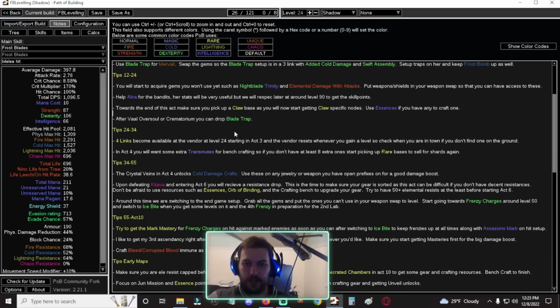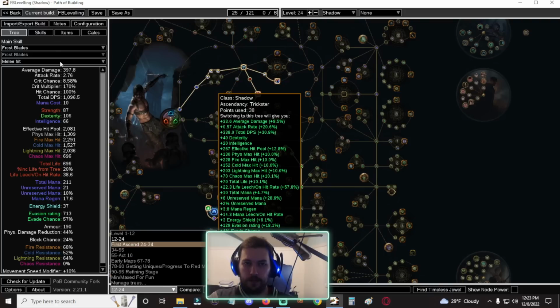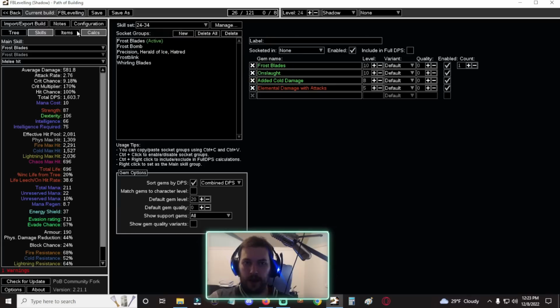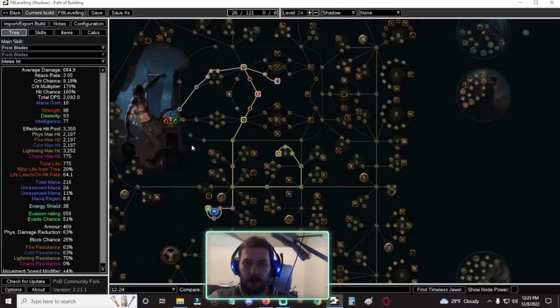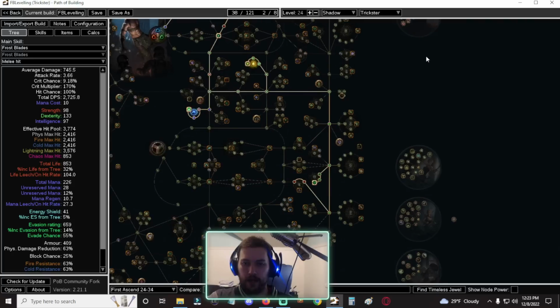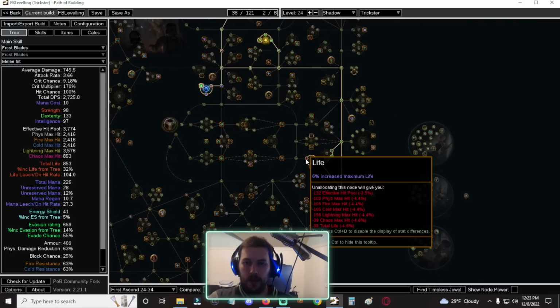I didn't make any changes to the notes in this next section of the tree, but the routing is going to be a little bit different, and the skills are going to be a little bit different. I'll try not to reiterate anything too much, but right around our first ascendancy, I didn't switch this over. We are now heading down this way, and we are going to grab Acuity,